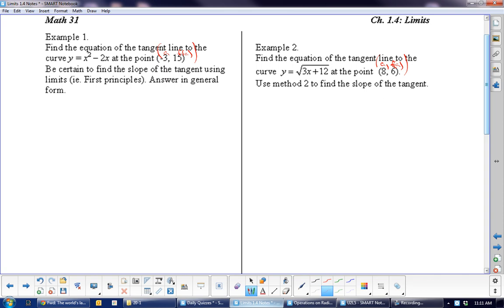Okay, so this one says find the equation of the tangent to this parabola x squared minus 2x at the point negative 3, 15. Okay? So, let's do it the slope way. We're going to go limit as x approaches a of f of x minus f of a all over x minus a. So we're going to get x as close and close as we can to that bottom value. So the slope would be the closest. Now, we want to get as close as we can to negative 3. So the limit as x approaches negative 3